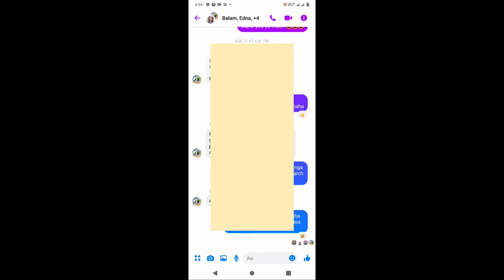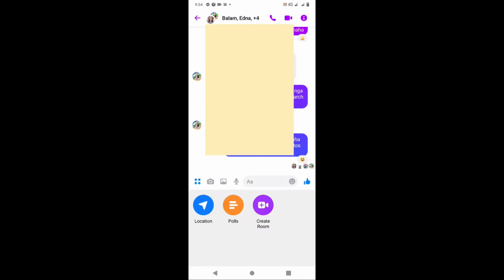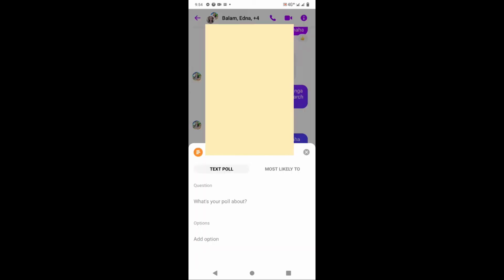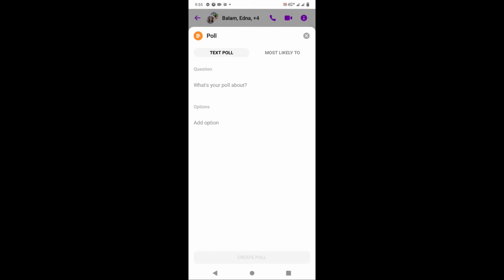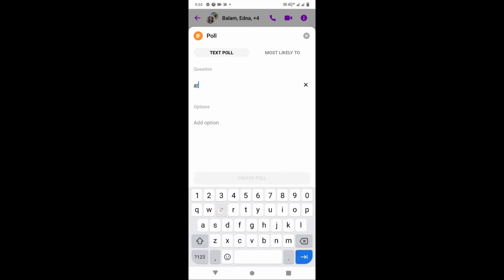Go to Messenger and select the group chat of the respondents you want to answer your poll, and then select the 4 dots on the left button of your Messenger. Then click the polls and type your question on what your poll is about. Say, for example,